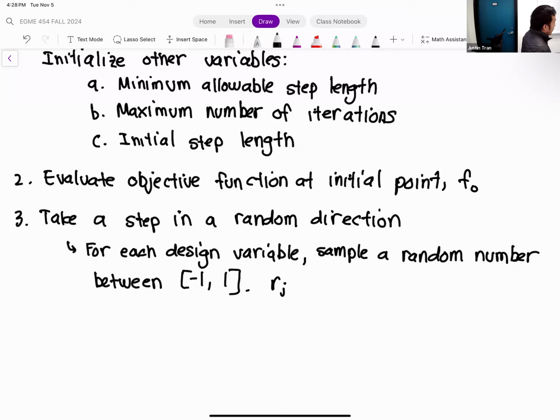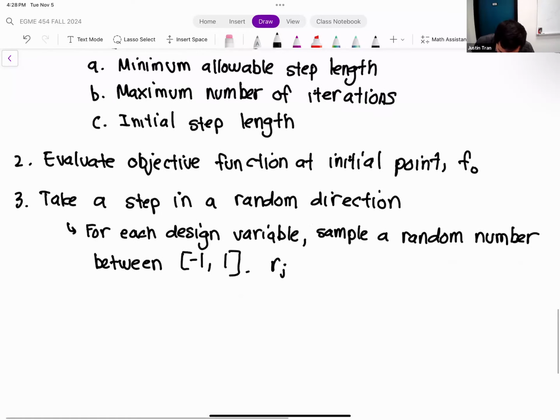And each of those random variables I'm going to call r_j, where j is the index for the design variable. I'm going to put all of those random variables into a single vector.